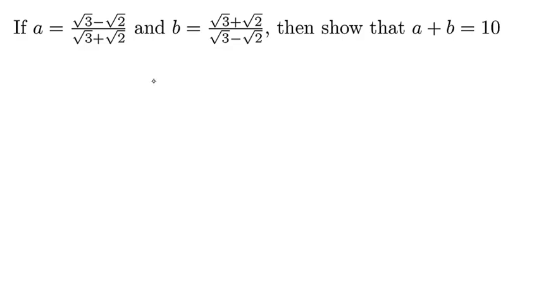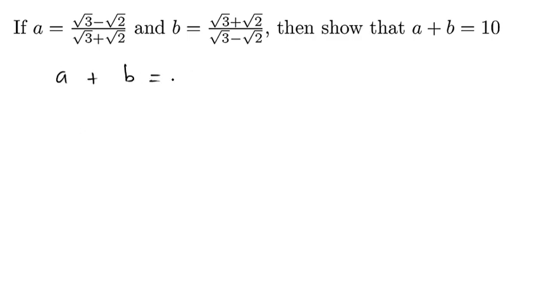Right, so if A is given by root 3 minus root 2 over root 3 plus root 2, and B is given by root 3 plus root 2 over root 3 minus root 2, show that A plus B is equal to 10. All right, so since we're just adding A and B, we'll just go ahead and say A plus B